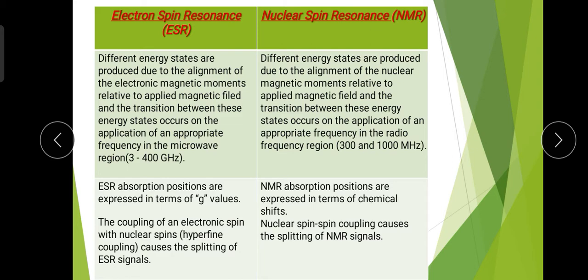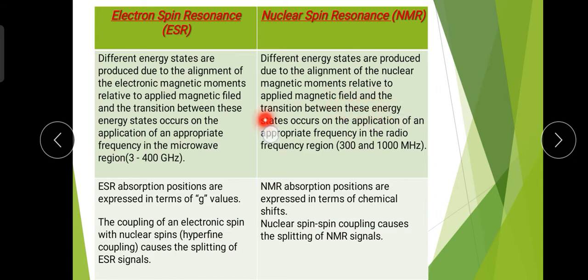Due to that, there is a transition between these two energy states, and all this happens in the presence of a frequency in the microwave region. So this is ESR spectroscopy. But in NMR spectroscopy, different energy states are produced due to alignment of nuclear magnetic moments relative to the applied